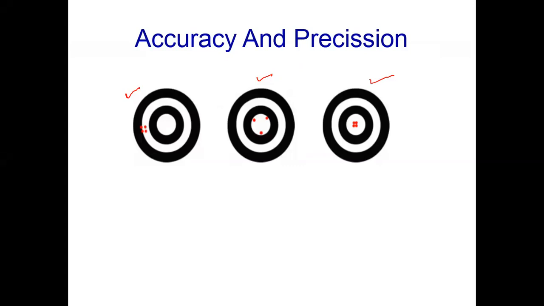Okay, for example, in this game, our target area, our true value, our true result, is the central area. For example, you need to hit this area, but one person hit four arrows, and they are not accurate because they are not in the central area. But all four arrows are very close to each other. Correct? So we can say that the working of the first person is a precise working because all arrows are very close to each other.